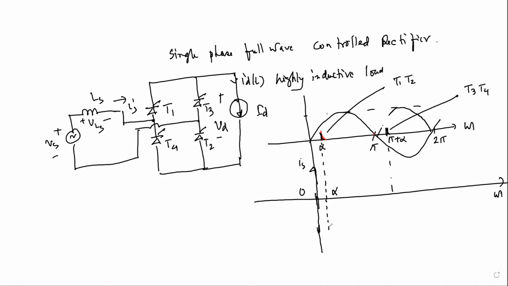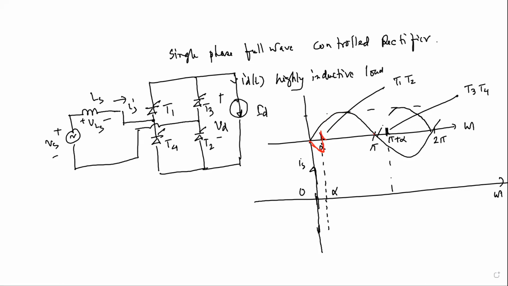So 0 to alpha, I am first drawing the output voltage. Output voltage will be like this, and then it will go like, sorry. If you remember, output voltage will come like this, and then